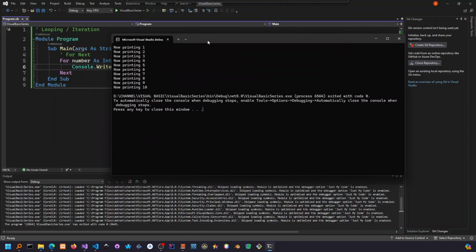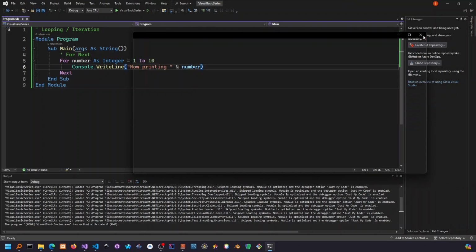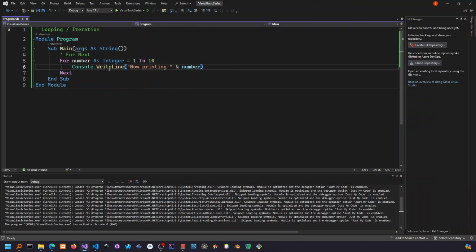So this is how you can go about making use of a For Next loop in Visual Basic. You realize that this kind of loop structure is more or less similar to how you would go about it in pseudocode, which is one of the main reasons why Visual Basic is still being used for this particular course. For its similarity to pseudocode, but in the actual programming world, it's no longer that popular,